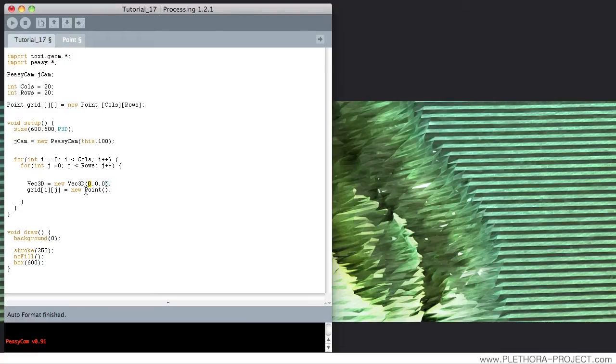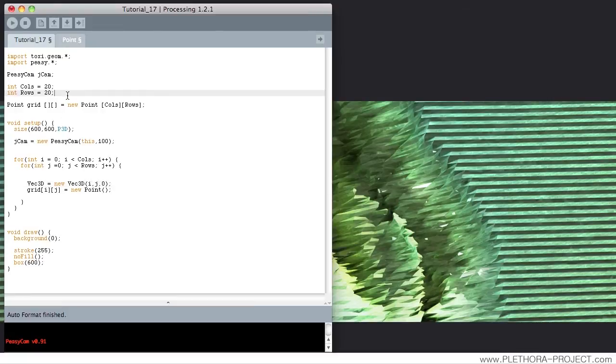I would use i here and j here, and this will start changing. This will go from 0 to 20, so I would have a sequence of points 0 to 20, and then the location in y will also be changing, first 0, then 1, 2, so I would have a grid. But this grid would be quite tiny,